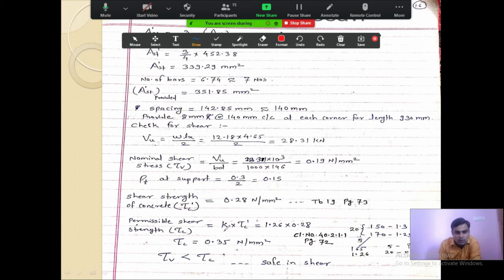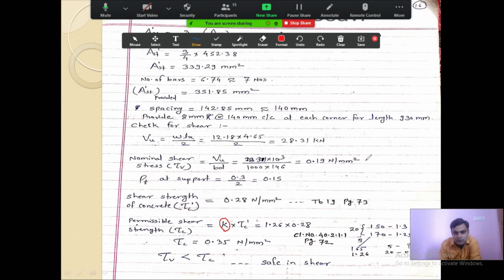Now we need to find out the value of k. We have seen that our depth is 165. For 150 depth, the value of k was 1.3, and for 175 depth, the value of k was 1.25.